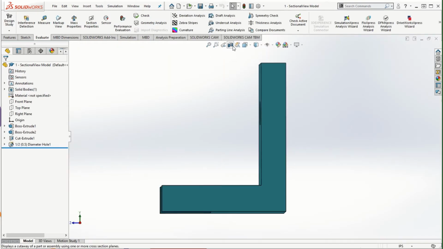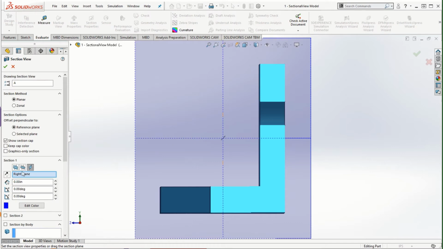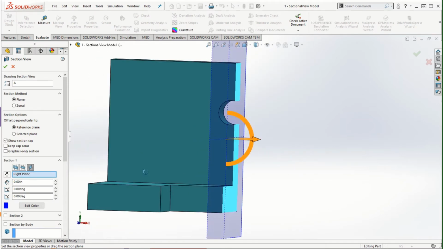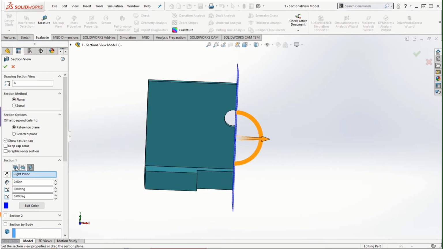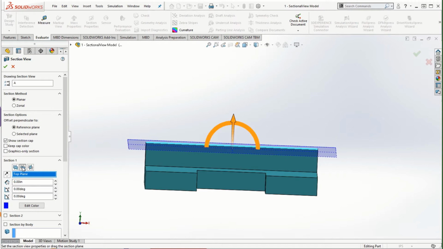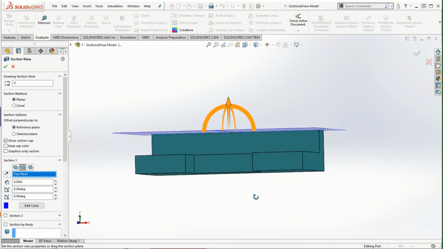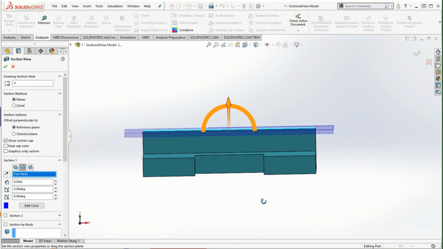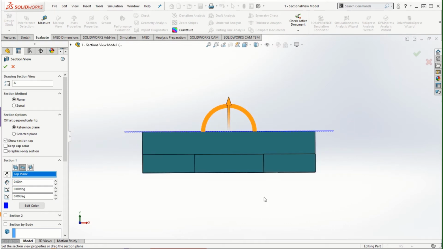I'm going to come out of this. Let's go back again, and this time I will be using the sectional view along the top line, right? So this was the front view as we've created in the drawing, and we created a horizontal sectional cutting